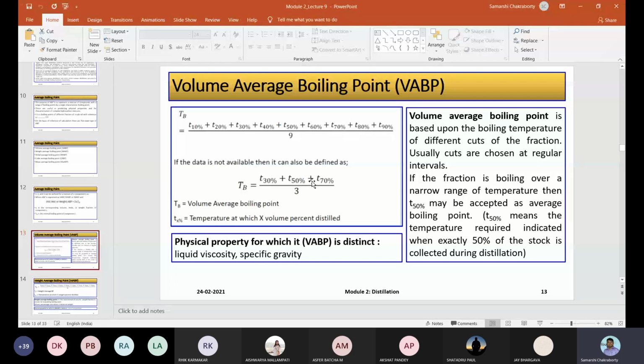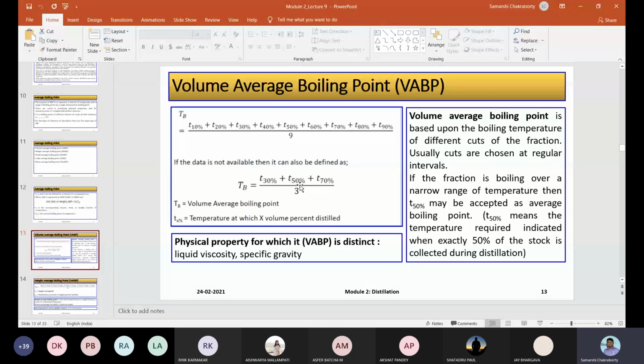If that much detailed data is not available, but you have data for 20% volume fraction, the boiling point for 50% volume fraction, and the boiling point for 80% volume fraction, then that is also fine. So there is another option, but you can see the similarity between here and here is that all of this